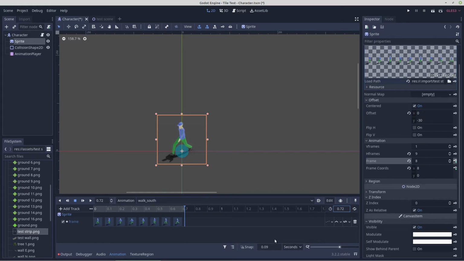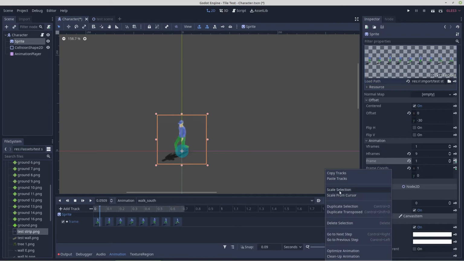And that's more or less how you set up your walk animation. We set it to loop, and we can just play that to see what we got. That has reasonable timing. If you're not happy with the timing, I would suggest to start the process all over again. You can go into edit and scale the animation, but the way the math works on that can get